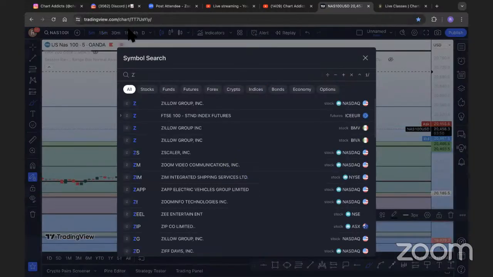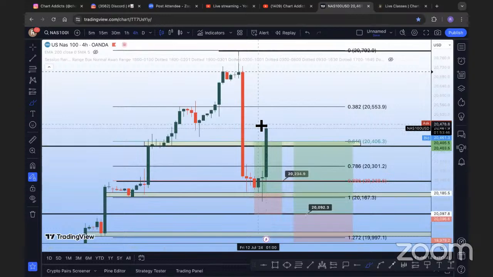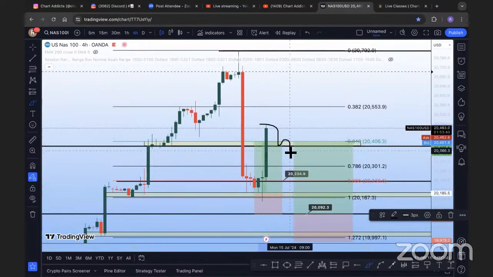Beautiful. Now, does that make sense with the higher time frame idea I had originally, which is the market's going to come back to the zone, play around, and go just under it a little bit? The answer is yes, because that fib level was sitting right under the zone. So it's like, whoa, how far below the zone is it going to go, Roy? How do we even guess that?